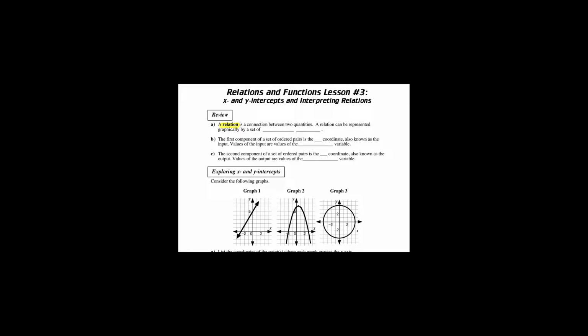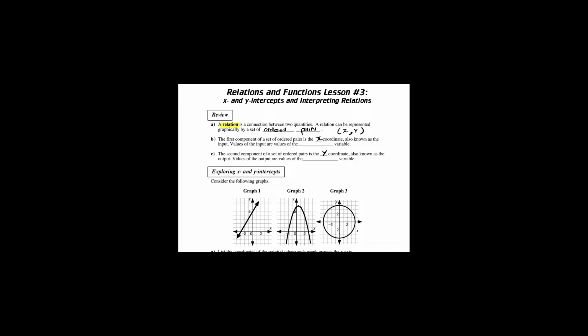Well, it's a connection between two quantities, so two different things, so height and time, something like that. A relation can be represented graphically by a set of ordered pairs. Okay, and the first set of the ordered pairs, which looks like this, is our x, and the second one is our y. Now we say that the x is the input and the y is the output,